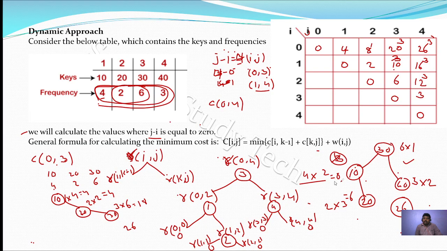This is the optimal. And directly you can also check which key frequency is 6, that means the frequency here is 6, so you can take that as the root node. So that is also correct. Here the frequency is 2, very low frequency, so it is considered as a leaf node, so that is also fine. So this is the optimal binary search tree using the dynamic programming approach.